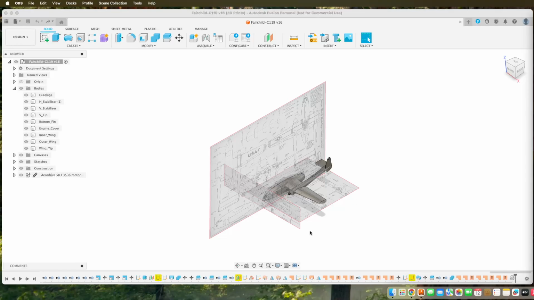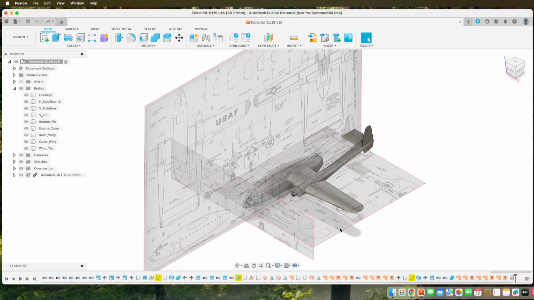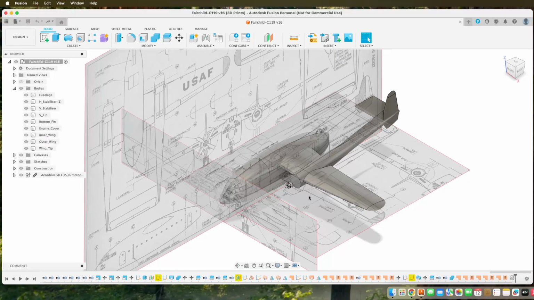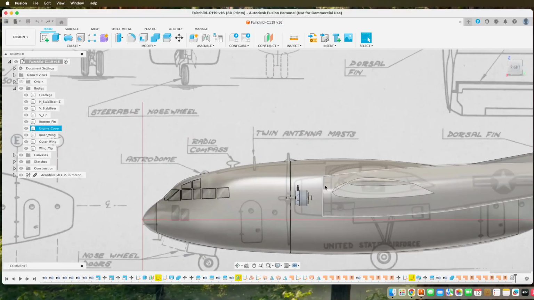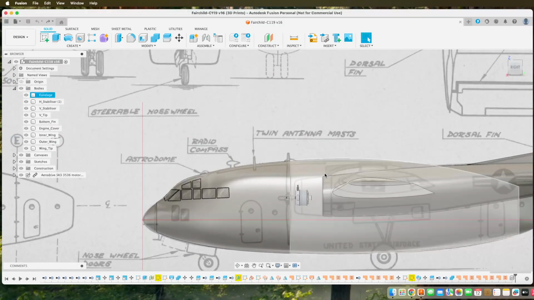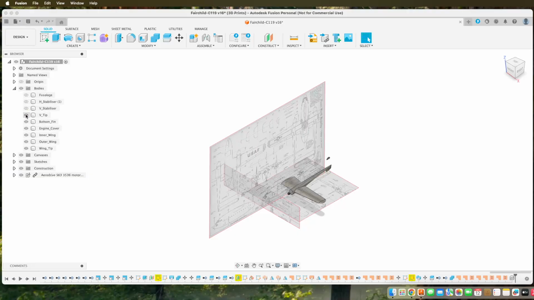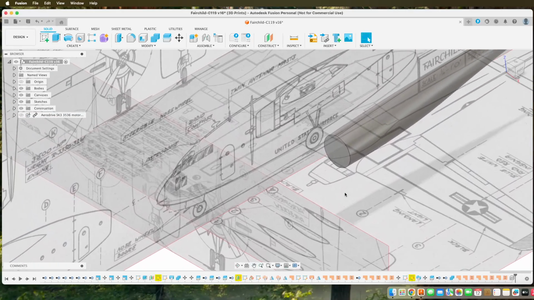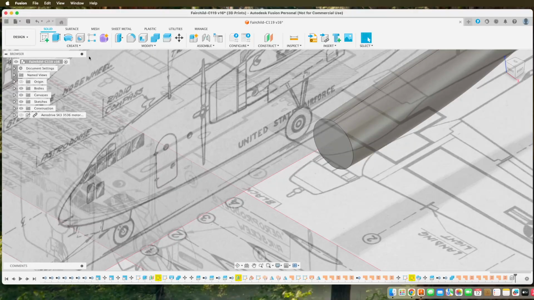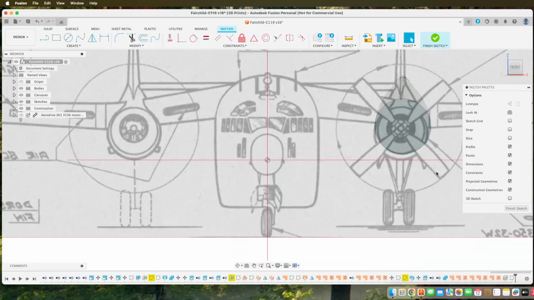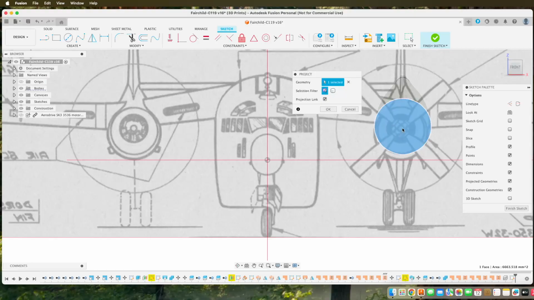So let's stop chatting and let's go ahead with continuing the modeling. So today what we're gonna do is the case of the engine here. First things first, let's hide everything that I don't need so I can see what I am doing. So what I try to do is to sketch that one, project, and I'm gonna project that, and